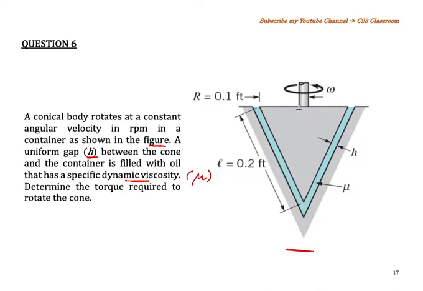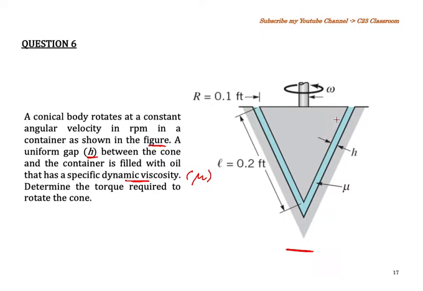So it is different from the previous question. In the previous question, we were using a rotating cylinder. Now we are using a rotating cone. And for this situation, again, you need to draw the velocity distribution very well. So means that for this one,